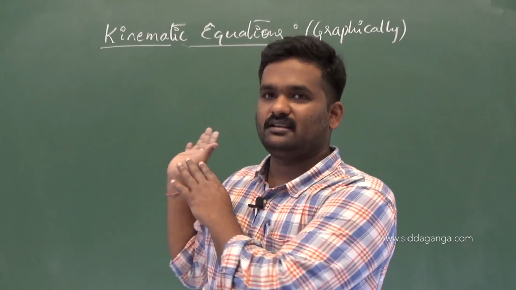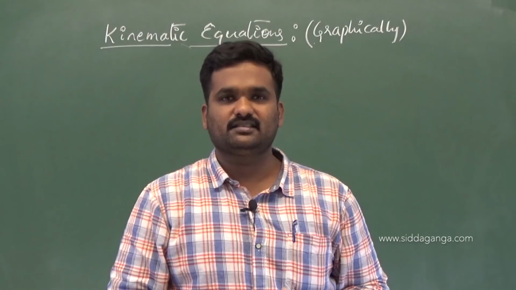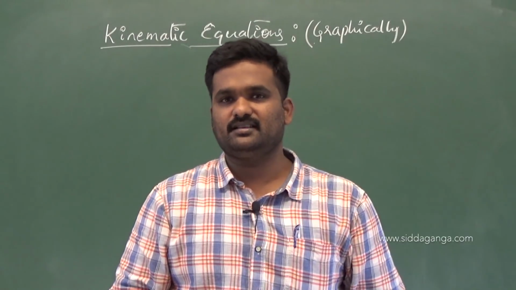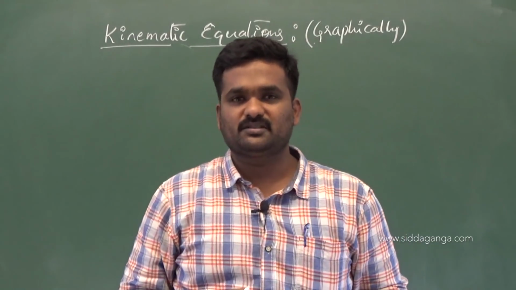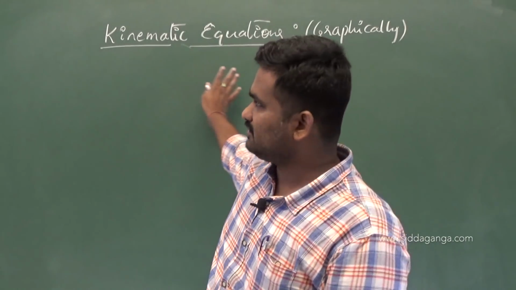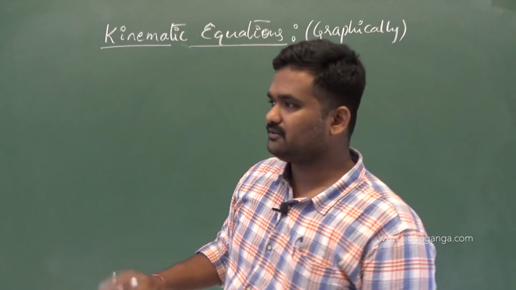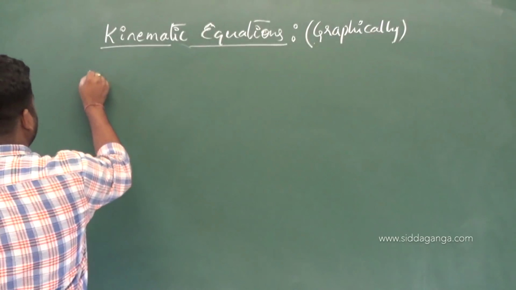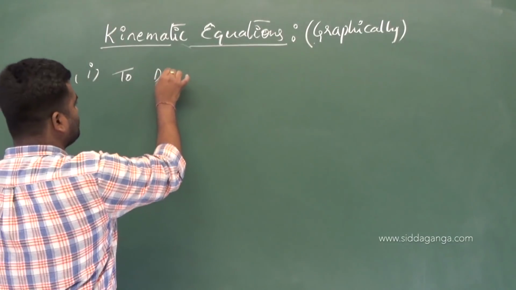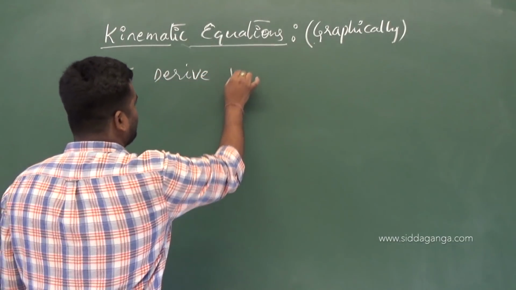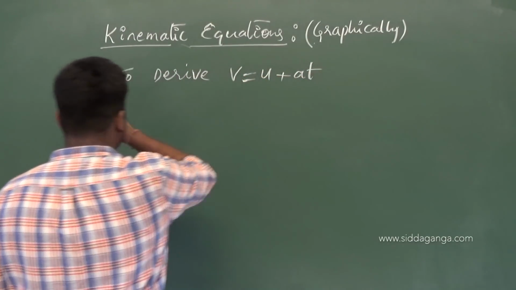It is so early for you if I start that now, so I will definitely give it somewhere at the end of the sessions, or in some competitive part when we are discussing. Apart from that, we will study all this for your PU, board exam perspective, whatever it is. This is an important 5-mark question. Remember, all the equations we are going to derive, you have to learn. The first equation we need to derive is v equals u plus at. So this equation we have to derive first.